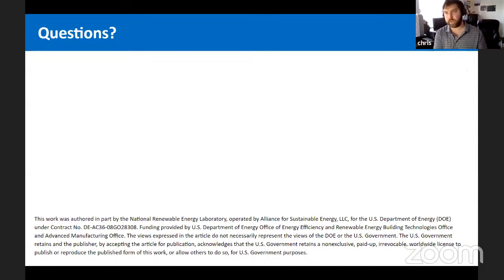So there's stuff in the works to be able to morph EPW files for urban heat islands, so that you can then look at the effect of that on the urban energy use and eventually on outdoor thermal comfort and other metrics.